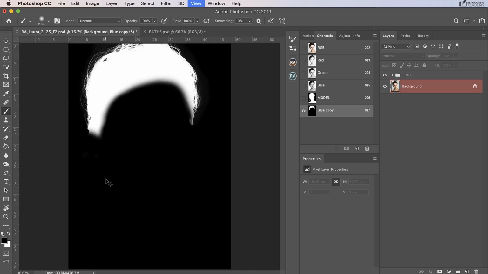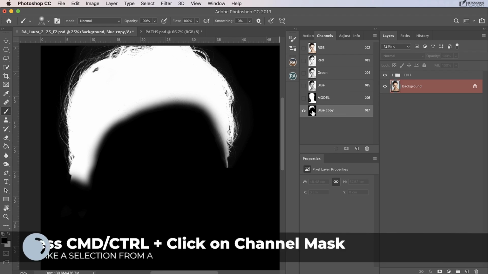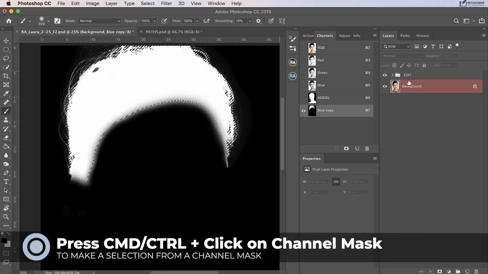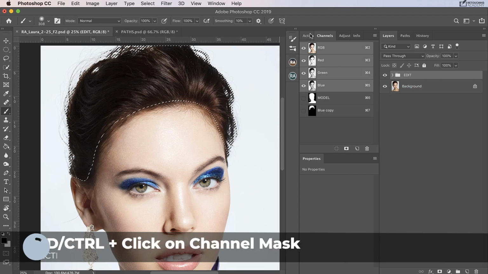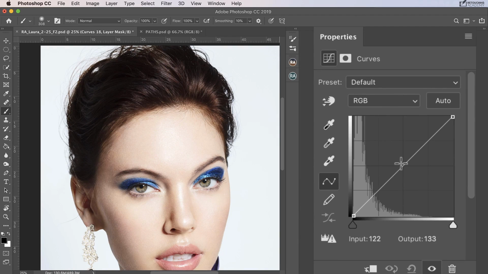If we just zoom in a little bit, I can use this to make adjustments to the hair now. So all I need to do to create a mask out of this is Command and click, and I'll get my marching ants. And then I can then apply it to a curve. And if I had a grade that was darkening the image too much and the shadows were crunching, and crunching means that they're losing all their detail, you can't see any shadow detail, I could either brighten the hair,